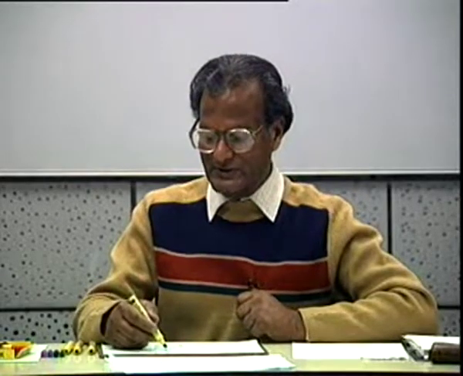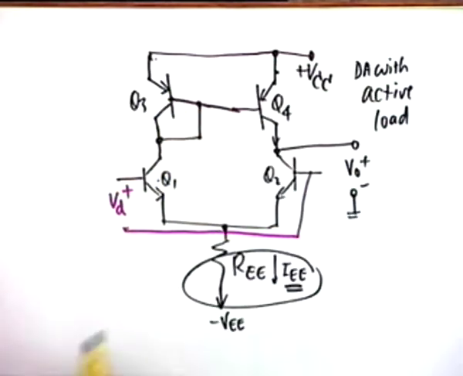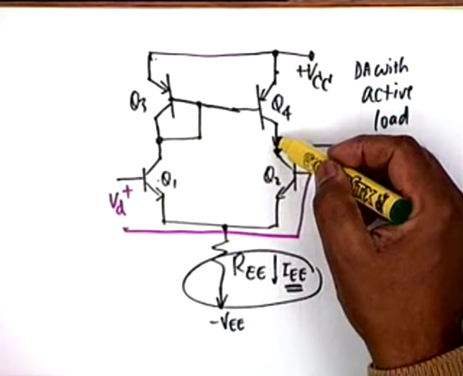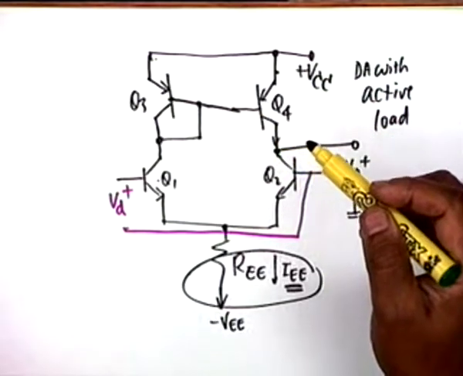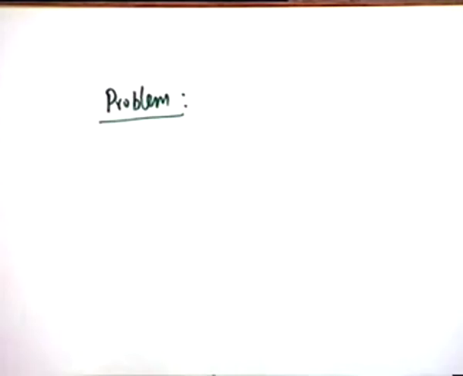You see, Q2 is supplied by Q4 and Q1 is supplied by Q3, but the two transistors are not connected similarly. The base is not connected to the collector here. Does that make a difference? No, sir. I see, sir. Ultimately it doesn't, but that has to be found out by making an exact analysis, which I find convenient to leave as a problem. And the problem is the following for you.